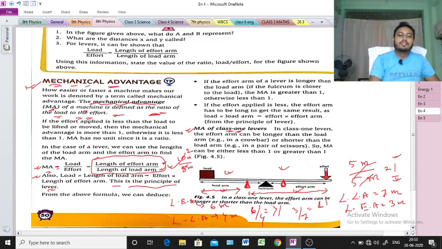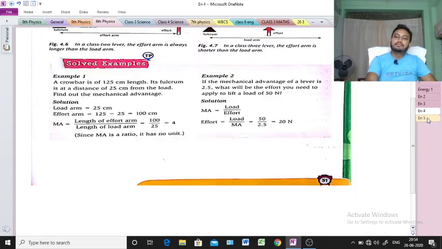Okay, so in the class 1 lever, the value of mechanical advantage can be equal to 1, greater than 1, or less than 1, depending on the situation. Depending on the situation it can be equal to 1, greater than 1, or less than 1. We just considered an ideal case number 1, case number 2, case number 3. Clear? I hope you understand. Next,